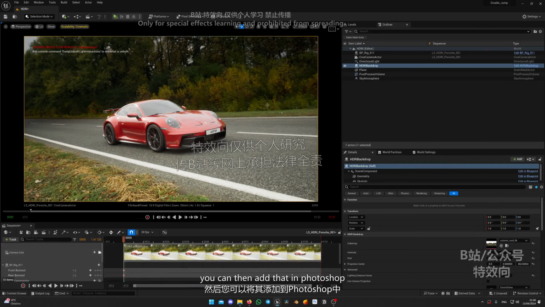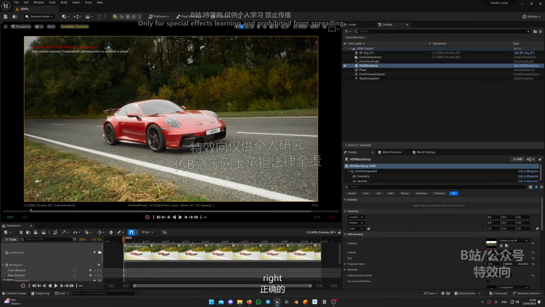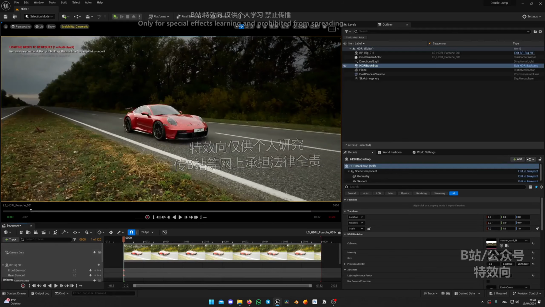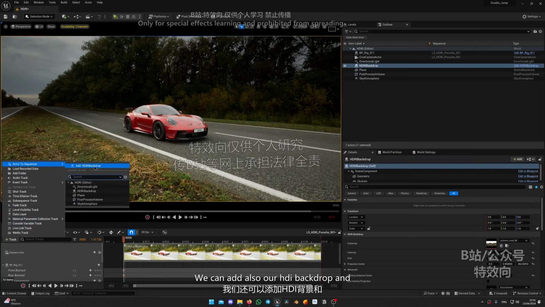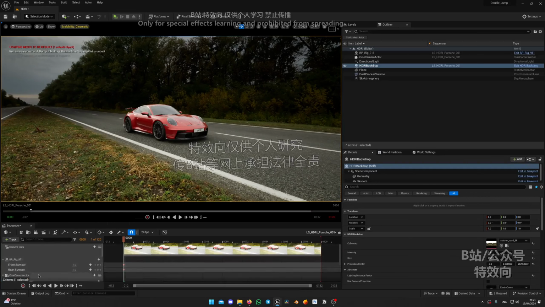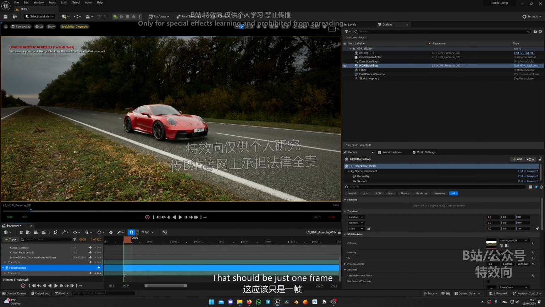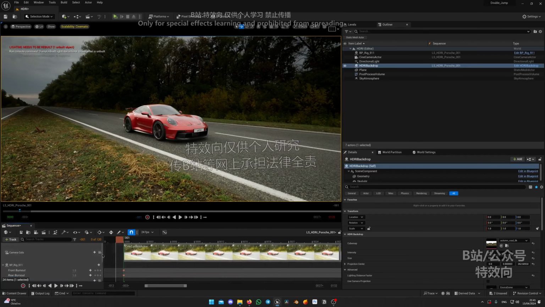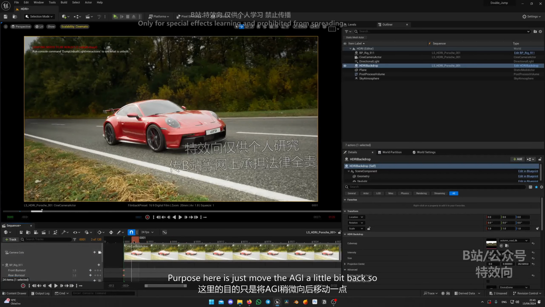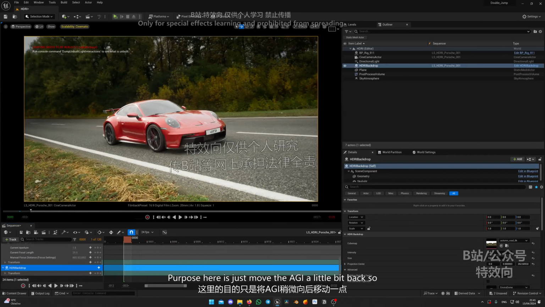Well, you can add that in Photoshop, but obviously we would like to avoid that, right? So in that case, we can add also our HDRI backdrop and add transform track. Click here, set it to linear, and probably like that, or even shorter. That should be just 1 frame. And our purpose here is just move the HDRI a little bit back, so we will have this really nice motion